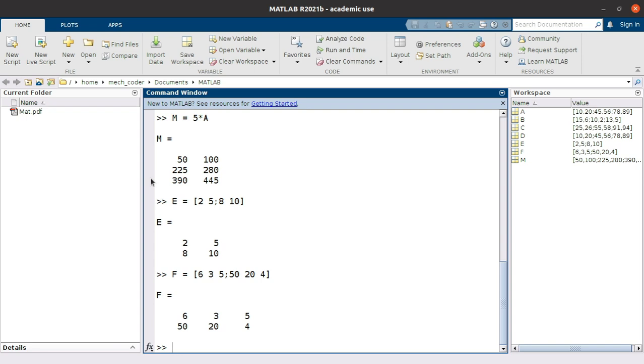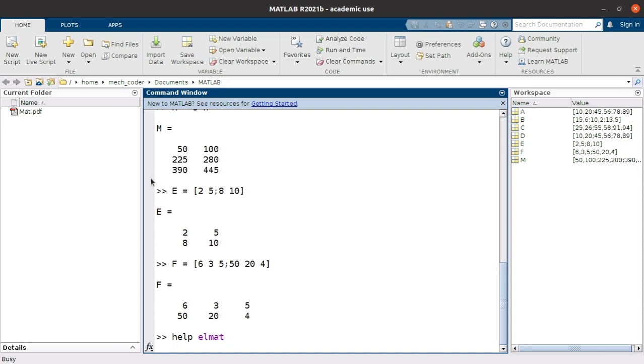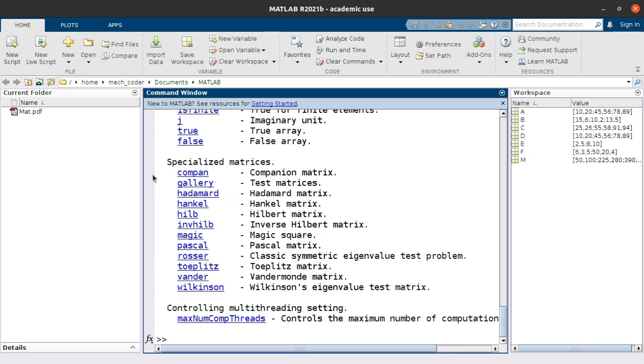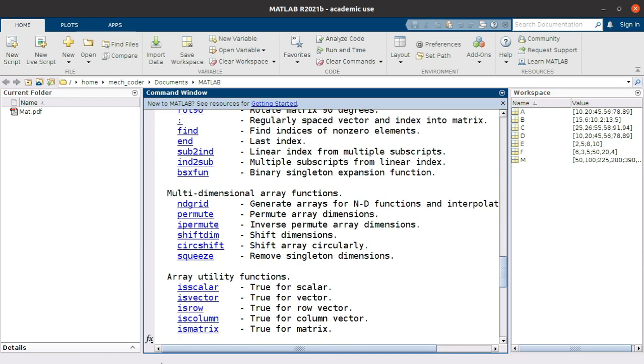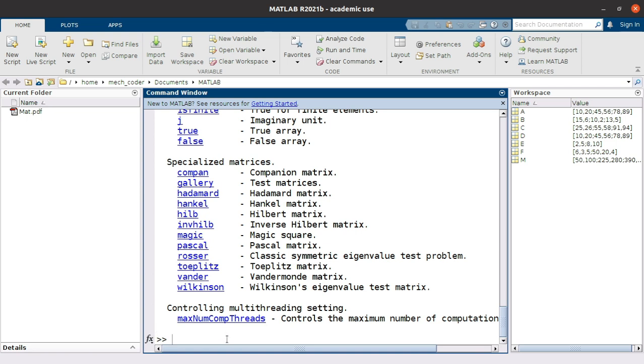So now Matlab has a command to know the size of these matrices. So let's call this function size E. This function you can access by using help elmat, that we did earlier. If I press help elmat, then it is going to give me all the functions that are available and can be operated on the matrices. So if you go here, you will see this basic array information. There you have this size. It says size of an array. So the order of matrices we can access through this size